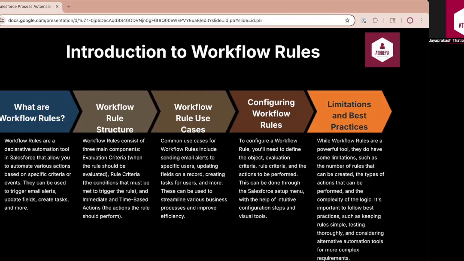The tool provides a list of eligible workflow rules, and once selected, it automatically creates an equivalent record triggered flow. You can review the generated flow before activating it to ensure it meets your needs. This migration tool is especially useful for admins working on legacy orgs, helping them stay aligned with the Salesforce roadmap without